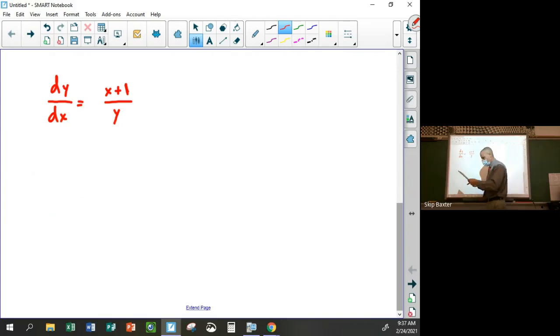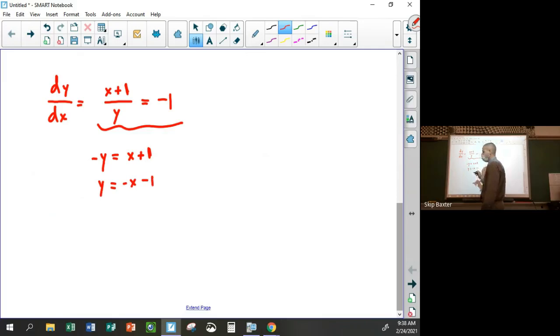And the question says, while the slope field is drawn at only 12 points, it's defined at every point except y equals 0. Describe all points in the xy plane, y not equals 0, for which dy/dx equals negative 1. So if you set this equal to negative 1 and solve this equation, you get negative y equals x plus 1, or y equals negative x minus 1. So the answer to this question is